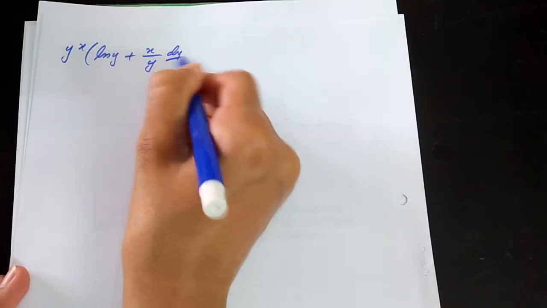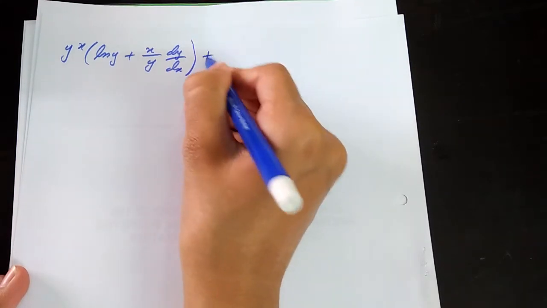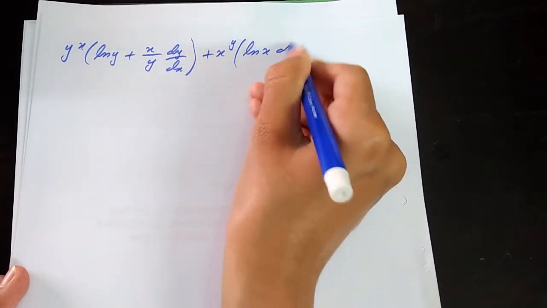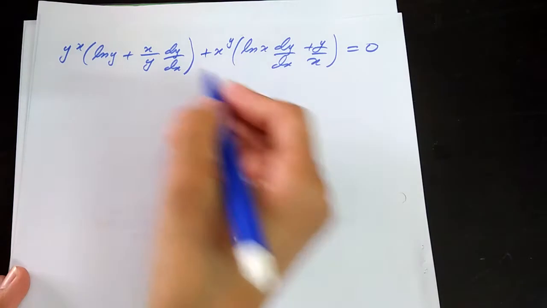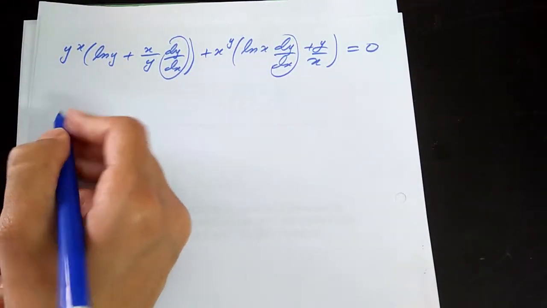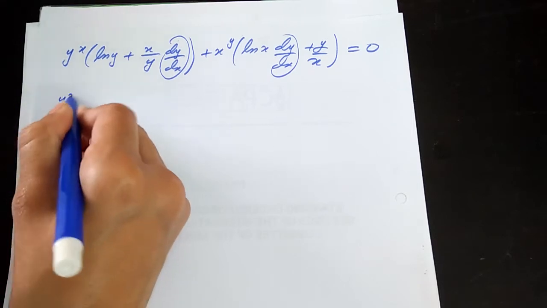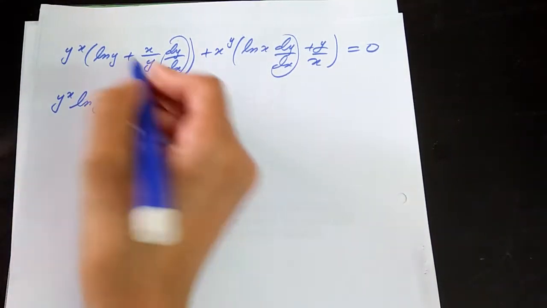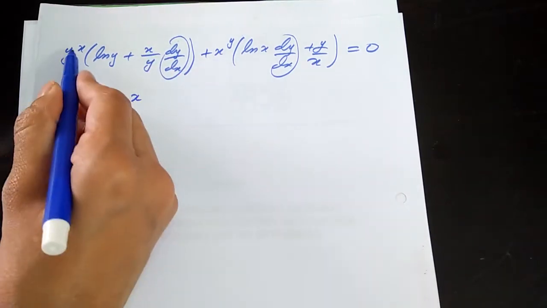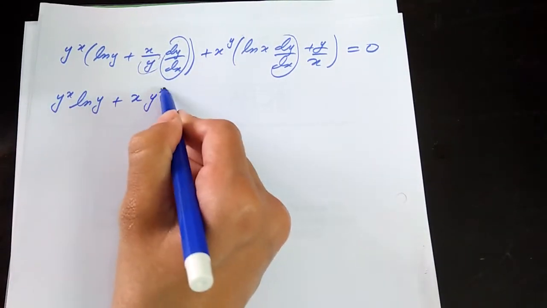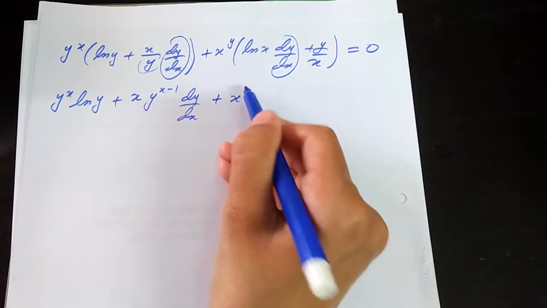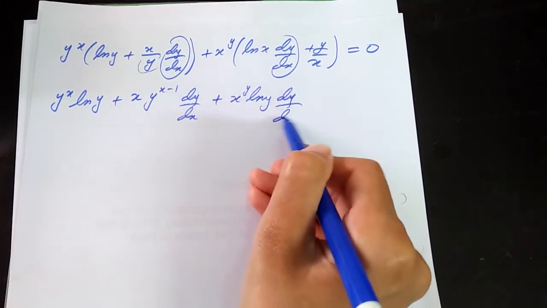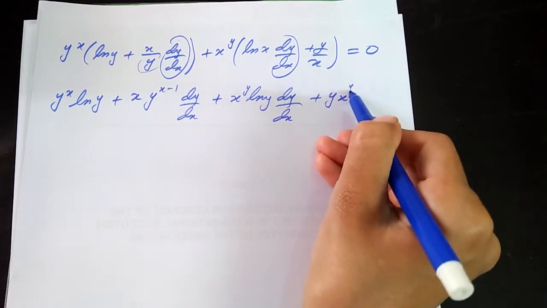y raised to power x ln of y plus x over y dy by dx plus x raised to power y ln of x dy by dx plus y over x equals 0. Now we need to separate our dy by dx. For that purpose, open the brackets. We will get here y raised to power x ln of y plus, this will be x into y raised to power x divided by y, which will give me y raised to power x minus 1 dy by dx, plus x raised to power y ln of y dy by dx plus y x raised to power y minus 1